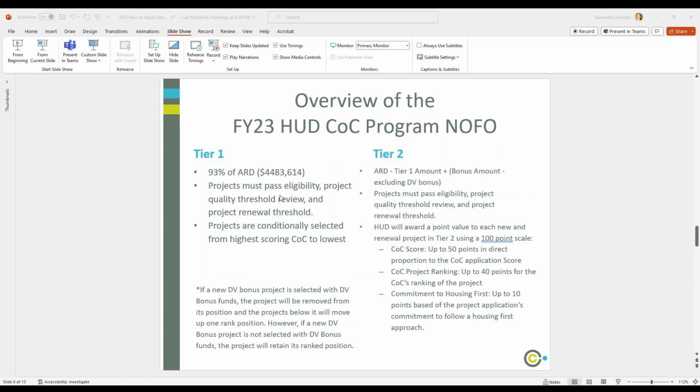I know that's very complicated. For those who actually end up applying, we can walk through it. If you have questions about it, I have a slideshow around just the ranking process for funding and performance, and I'm happy to walk you through that. But overall, what you need to know is write a really good application, rank really high, and hopefully you'll fall in tier one. And then tier two is probably the most competitive process across the country.